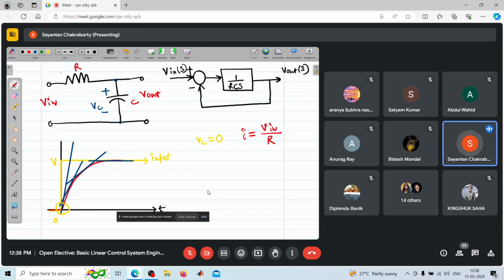So, if I draw the current profile over here, it was something like V by R. Now, as soon as a current starts to flow into the capacitor, Vc at 0 plus becomes greater than 0, some finite value, and consequently I will become lower. So this part is increasing, so current will gradually decrease, and as soon as it reaches the control value,